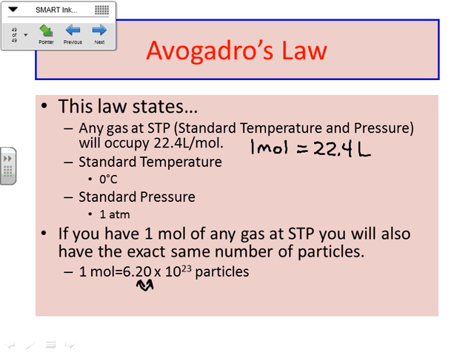I will say for the test, which we're going to review for tomorrow, we'll take it on Thursday. For the test, you're going to need to know standard temperature and pressure. Again, we'll work on that a little bit tomorrow, but you'll need to know standard temperature is 0 Celsius, standard pressure is 1 atmosphere, but those are pretty easy numbers to remember, right? Like I said, this I will give you, okay, and we'll talk about everything else you need to know for the test tomorrow when we review for it, okay? All right, that's it.